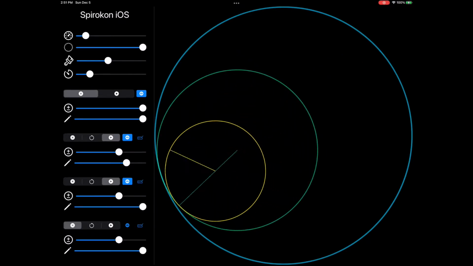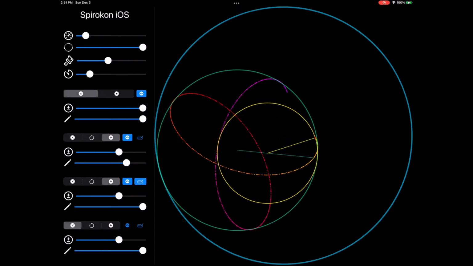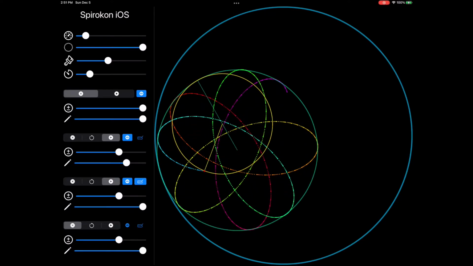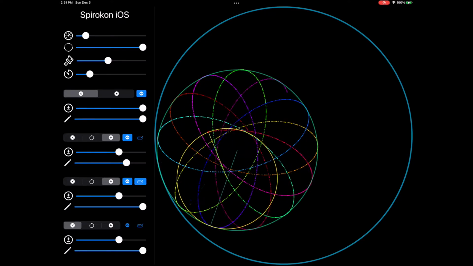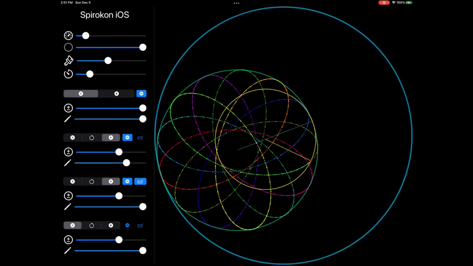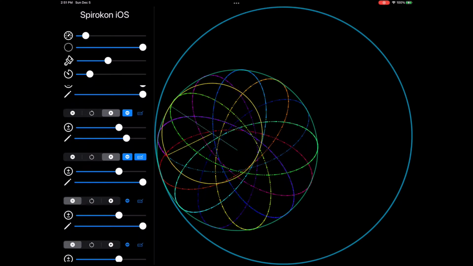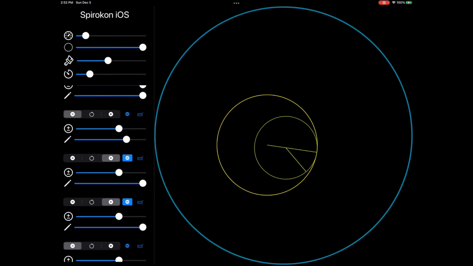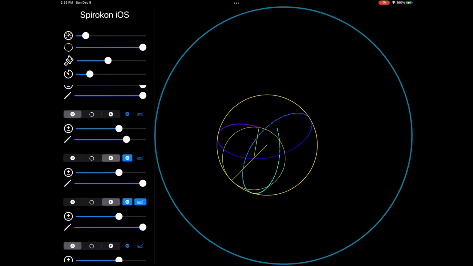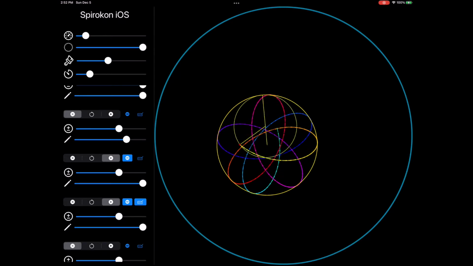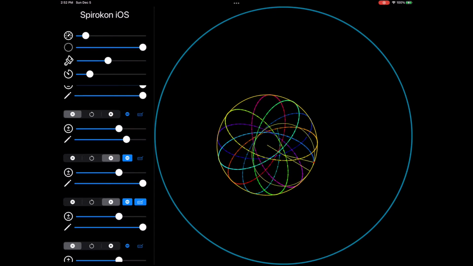I find myself drawn to the kinetic aspect. I like watching them in motion, so my simulator is all about the motion. Here's the basic idea of what I've done so far. Each ring is a spirograph in its own right. You can see if I pin one ring and let the ring inside it move, it looks like a normal spirograph pattern. The interesting part, for me at least, is what happens when you combine the motions.